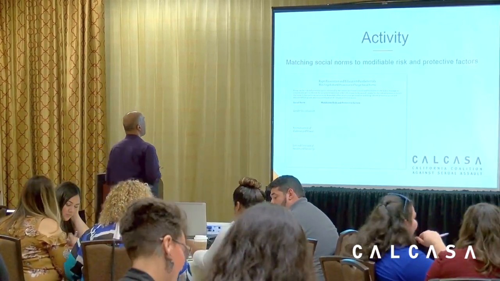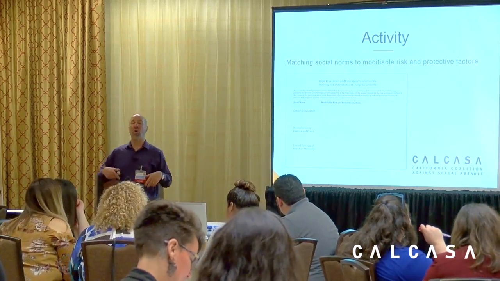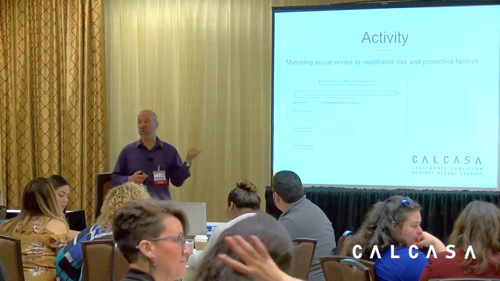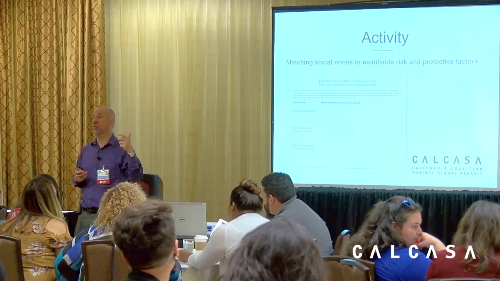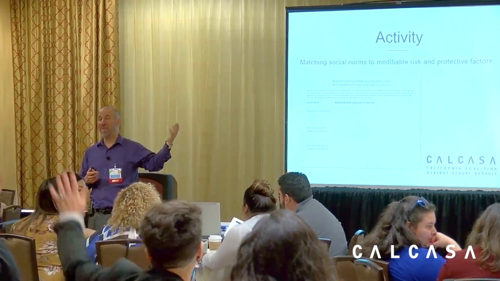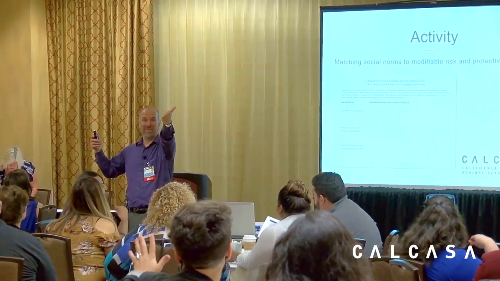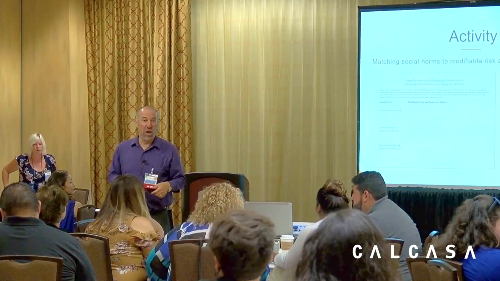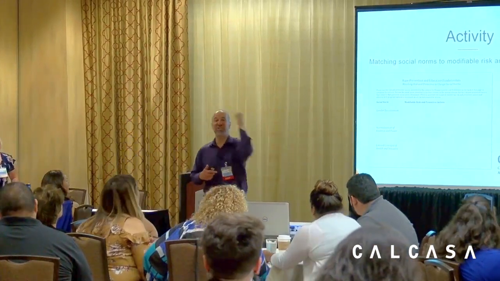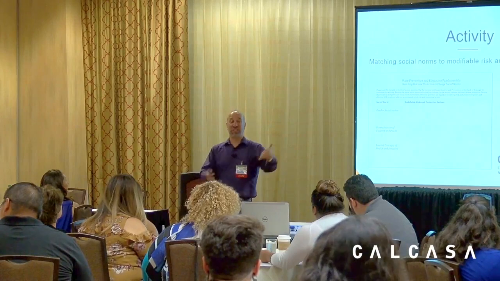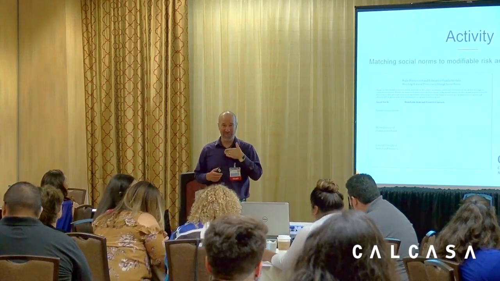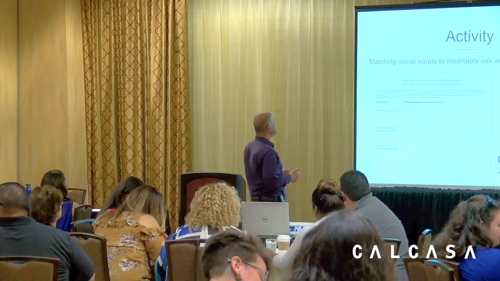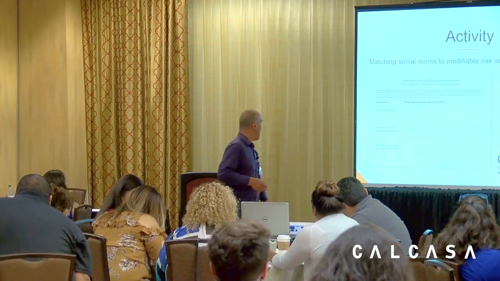I want you to talk about three social norms. Social norms are these expectations that we see in our society. There are some social norms around gender socialization. So what's a social norm about male gender socialization? Men are supposed to not have or show any emotions. So we might want to do something on gender socialization for men to have them learn to express feelings. Well, they have feelings. It's about expressing them. They don't know that they have them. Another one is the normalization of violence and power.